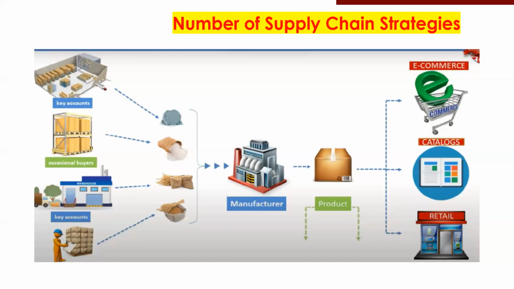So for example, we have different products, no? Each product is created using different ingredients or raw materials. Some of your raw materials might be sourced abroad and some might be produced locally. So you have to identify, kasi kung abroad siya, iba yung supply chain strategy mo. The strategy is of course to procure in bulk. Hindi ka pwedeng bumili ng patingi-tingi or isang tonelada lang. Dapat hundreds of tons kasi that would be very